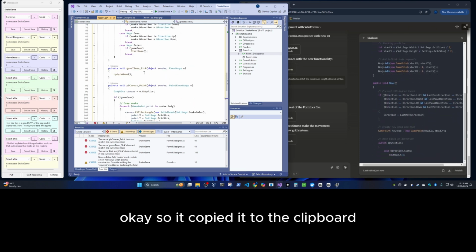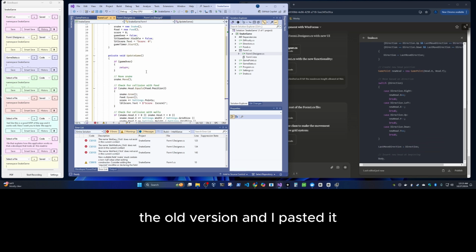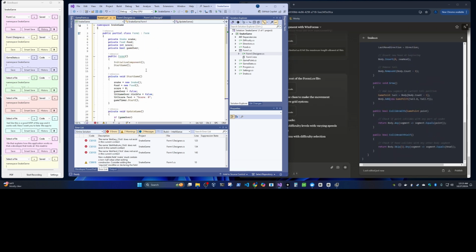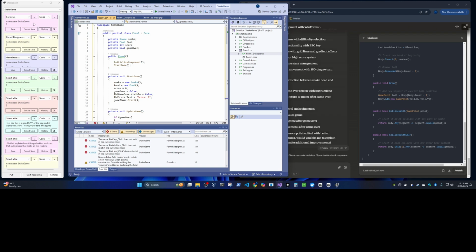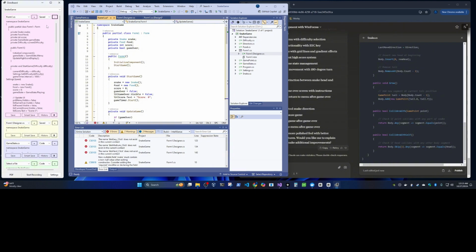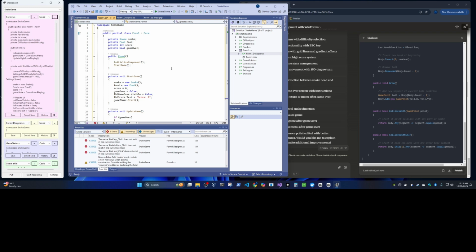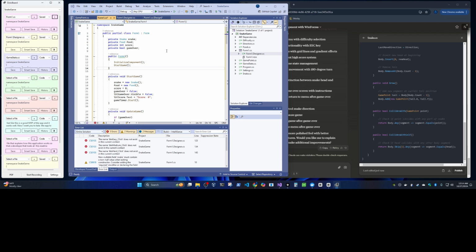Okay, so it copied the old version to the clipboard, and I pasted it. Correct, but it didn't show it again. Okay, that's okay. Hmm. All right.